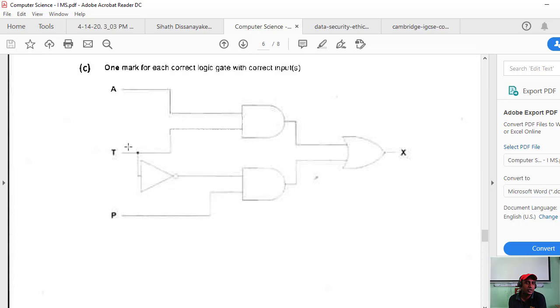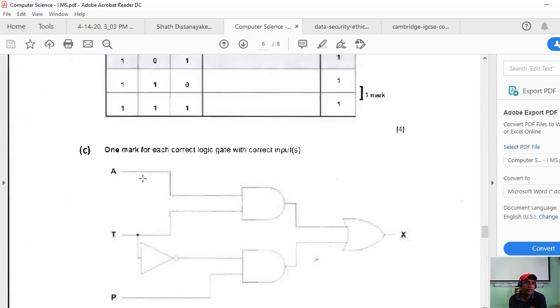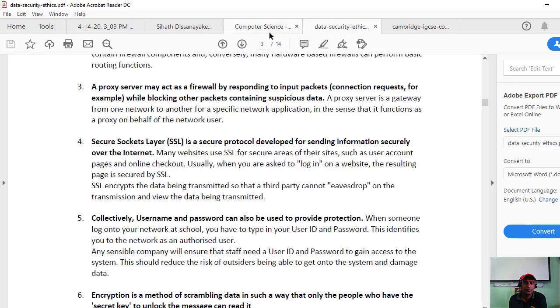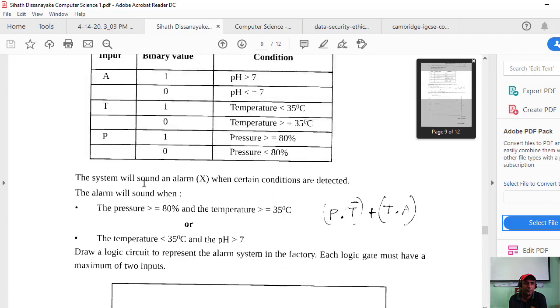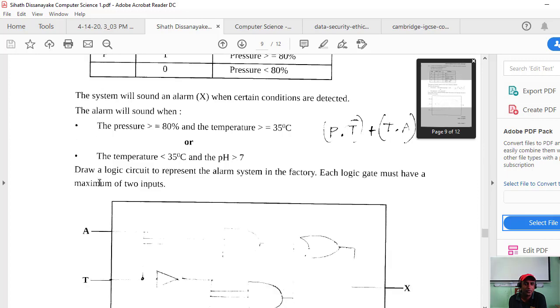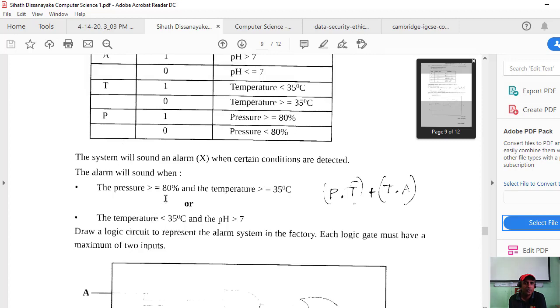Then here, no, if it is here, it's 0, 0, 1, 1. T equals 0. A and T. Go to the question, A and T, the first one.